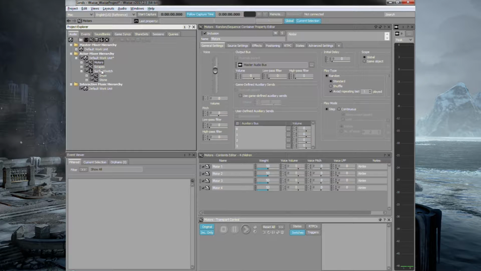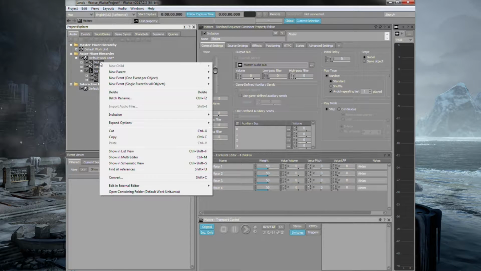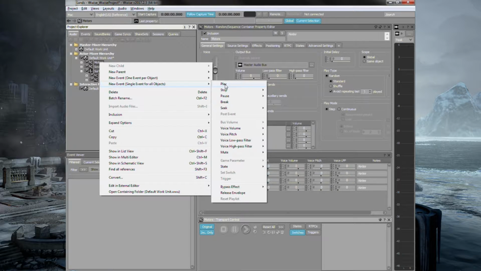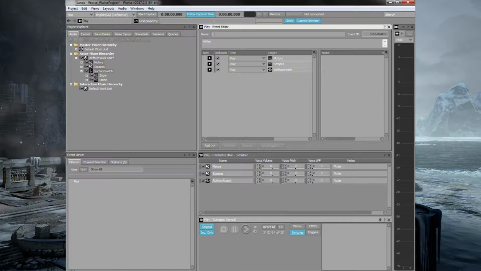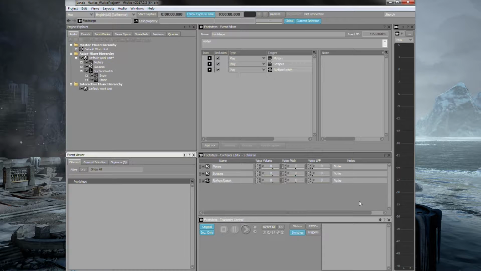So now we have these, we're going to put them into one event. We'll take the non-switchable motors and scrape sounds and the surface switch group and put them into one event. Okay, and we'll call this event footsteps. And that appears in the event viewer. And if we click it, you won't hear the foot impacts because we haven't set up a switch group in